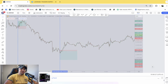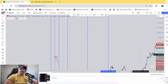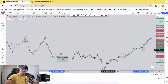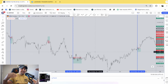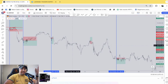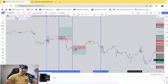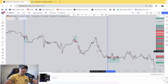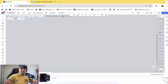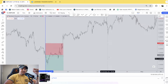And this was a stop loss that had triggered there as well, right? Let's go over to the German 30, which was the one I already covered with you guys. I'm showing you this also so that you can reference the signals. So you can see how the signals went for that month. If you want to go through this, I've taken you through it as well, but that's kind of how the signals look for that month. And then we go to GBP USD, which was that trade that I said went so well, which was this one over